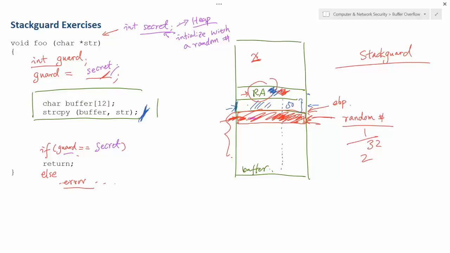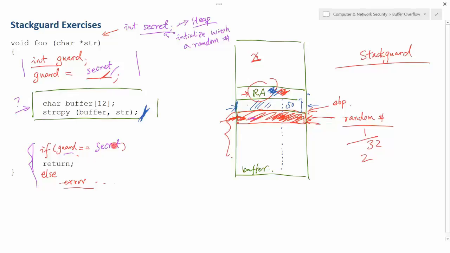And that's basically how you write the code. If you look at the code, does it depend on the logic here? It doesn't, right? It doesn't matter what you have in here. I'm going to have the same thing: integer guard, and guard equal to secret. And for every return, I'm going to turn that instruction into a check if guard is still equal to secret.